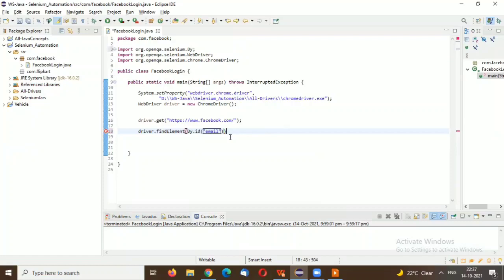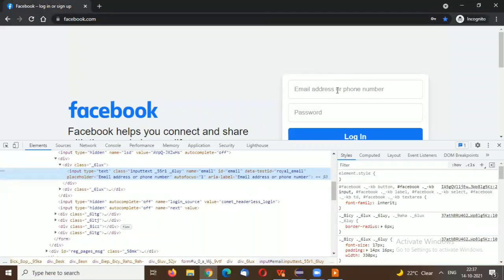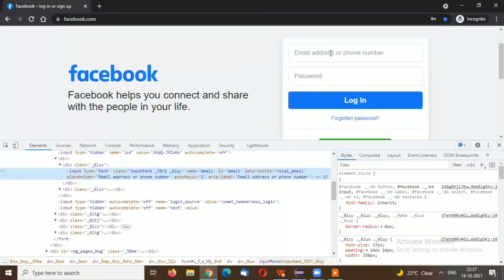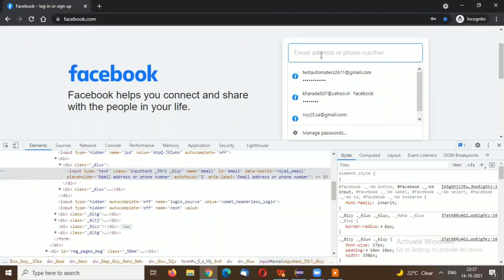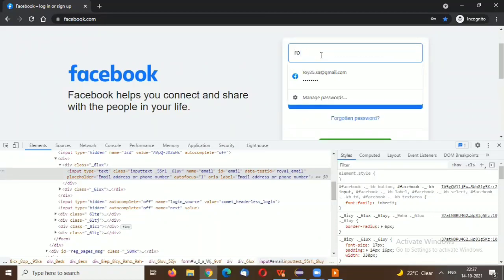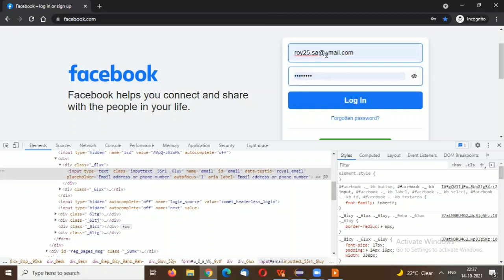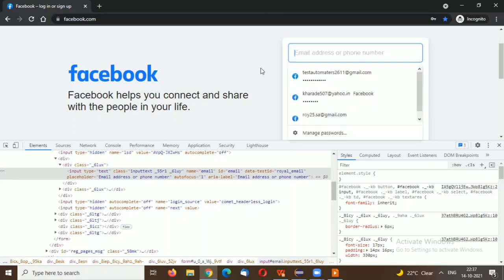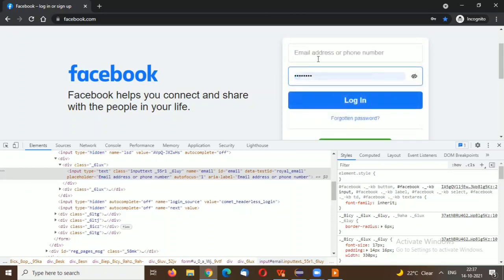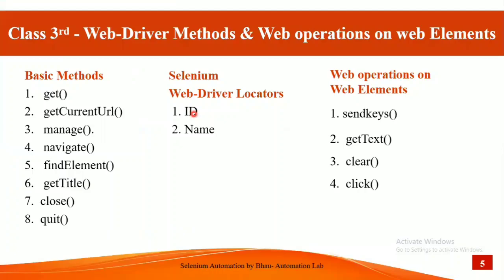Then what web operation do we need to perform on that element? Manually, we would type any email ID here. To set any value in a text box, we can use web operations like sendKeys.